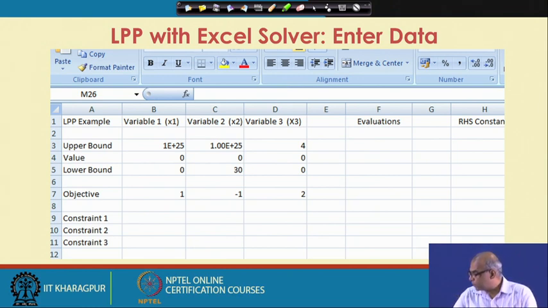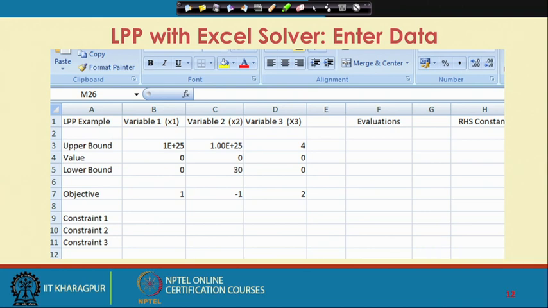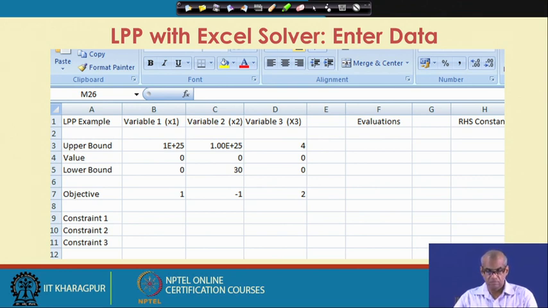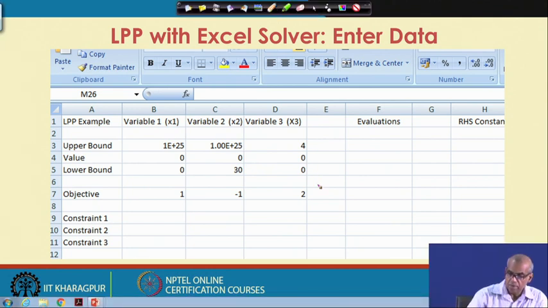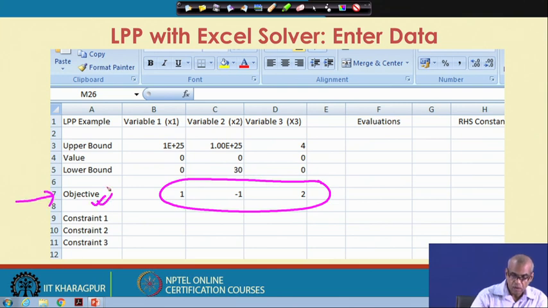So, if you remember, the objective function was maximize x 1 minus x 2 plus 2 x 3. So, the cost coefficient of x 1 was 1, of x 2 was minus 1 and of x 3 was 2. So, those are the values I have put in row 7, where in column A objective level is written. So, these values you have to put.